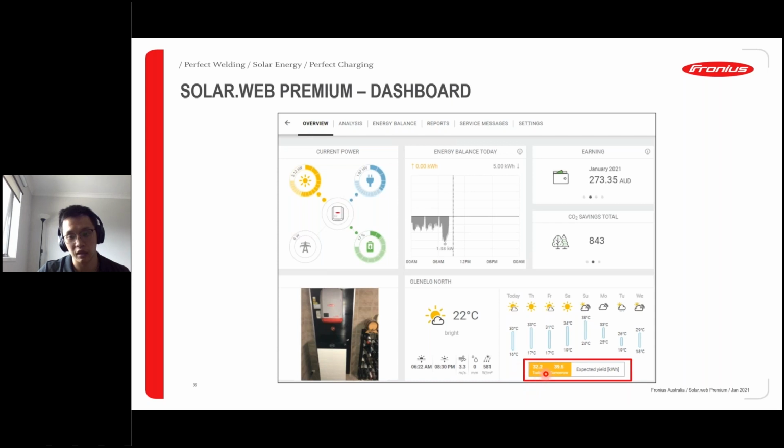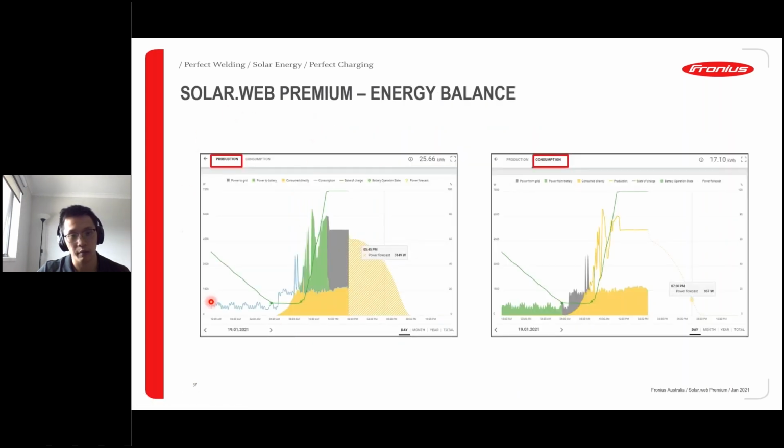So today it's saying in kilowatt hours how much it should produce, and tomorrow how much energy it should produce. This is the first modification on the main dashboard, or on the overview page there. All right, so then if I click on energy balance, we go back to where Pat showed you,